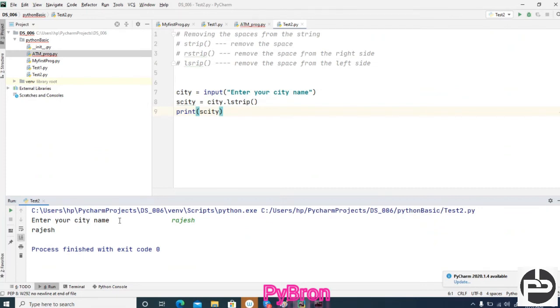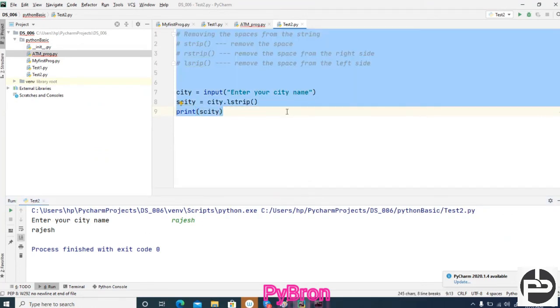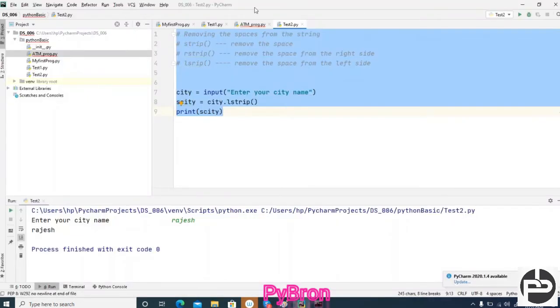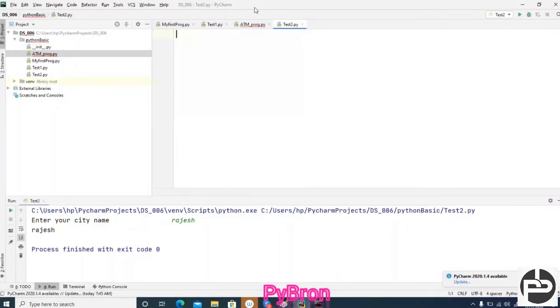And suppose you want to find a substring, means whether this is present inside of a string or not, then there are also methods like find or index. So let me do this. Next is finding the substring.